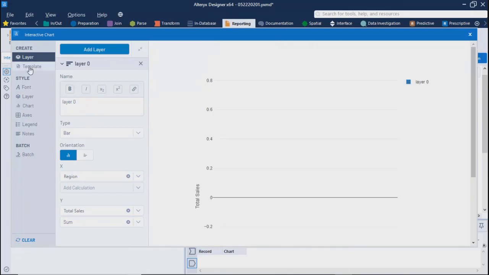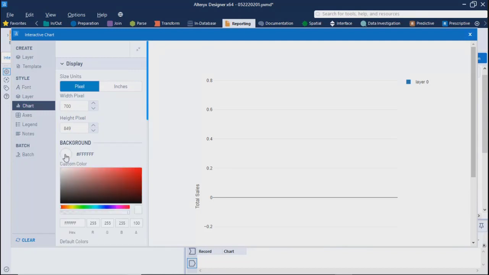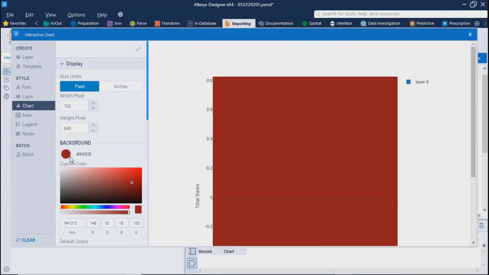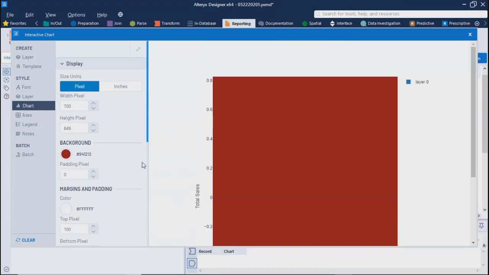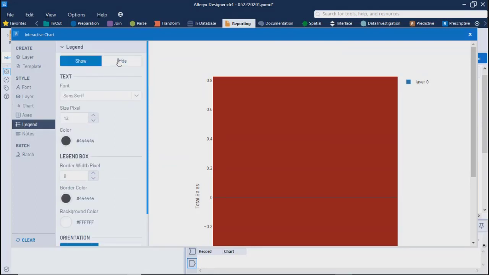Okay, let's see. Maybe some color format is not matching, so that's why it doesn't show that chart. Let's see. Background white. It's the background of the complete chart, not the bars. Legends show hide.